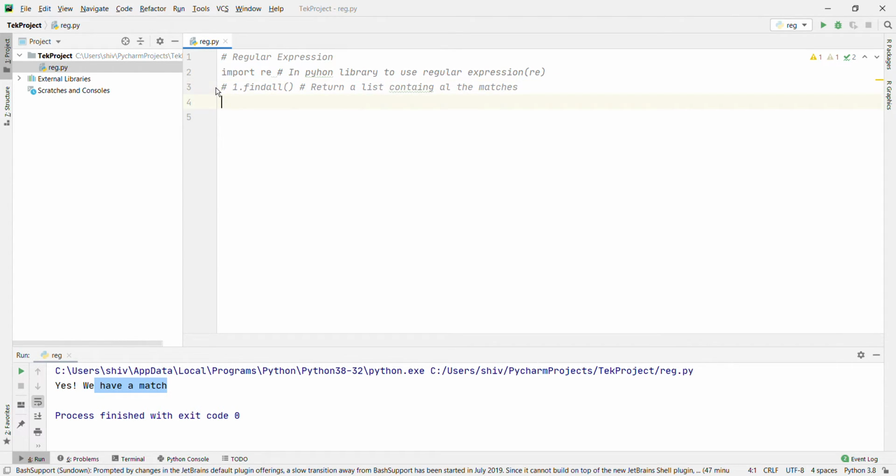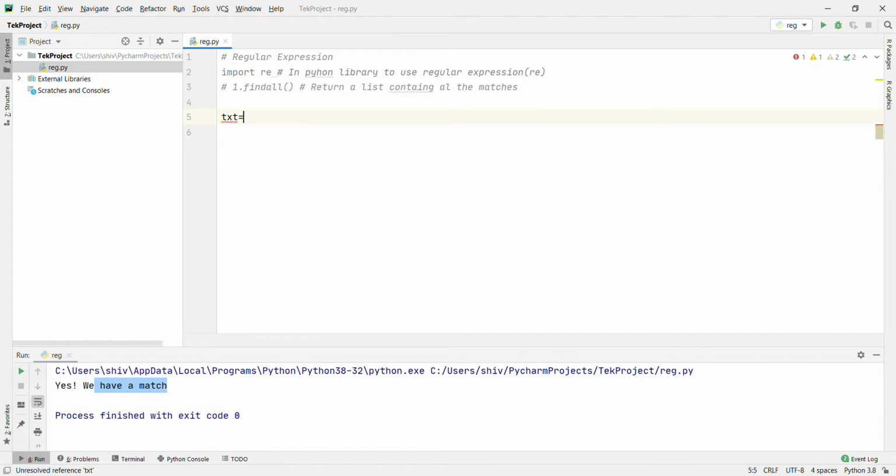Now I am going to show how we are going to use re. We create one string, txt equal to the same example, "the rain in Spain".